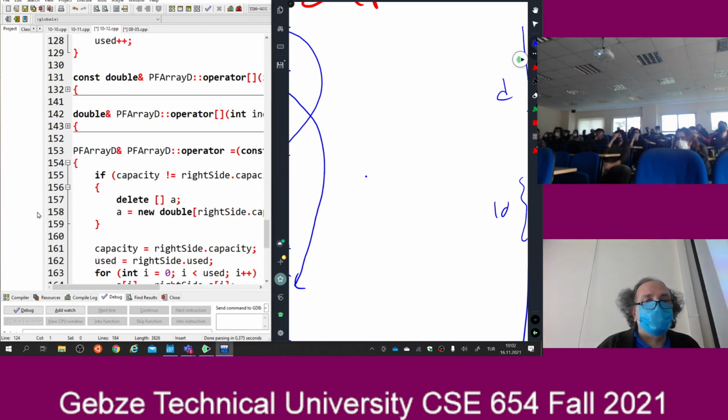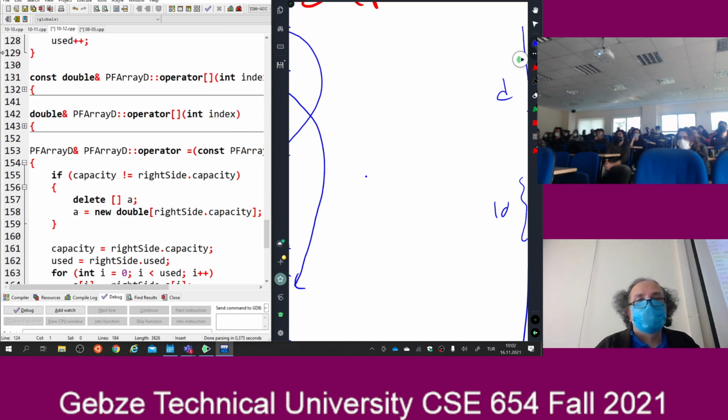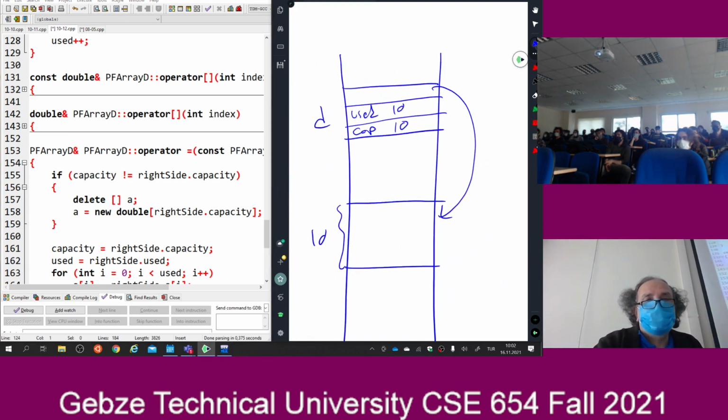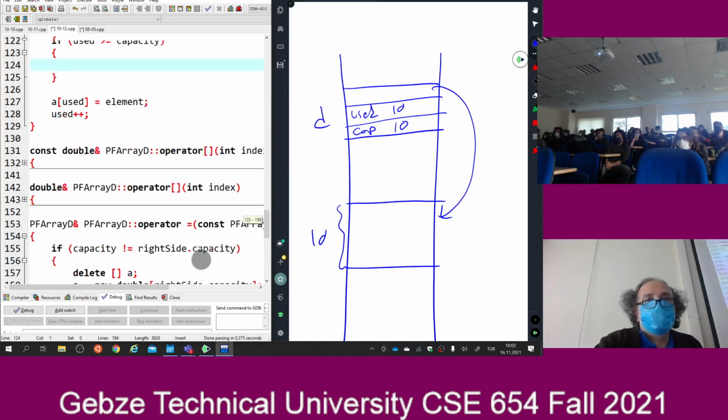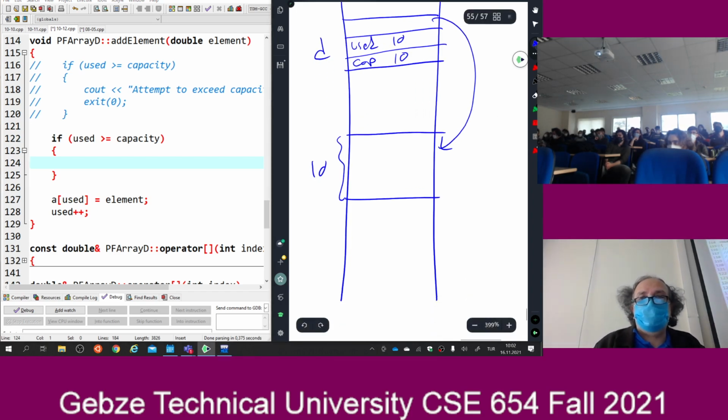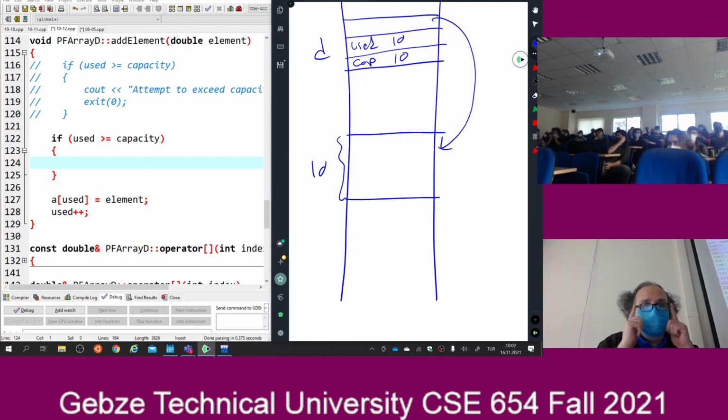My code is running and my picture is like that, and I came to this one: used is greater than or equal to capacity. So what should I do? I know that I need more space, right? 10 is not big enough for me, so I need to allocate some space. Do this: A equals new double